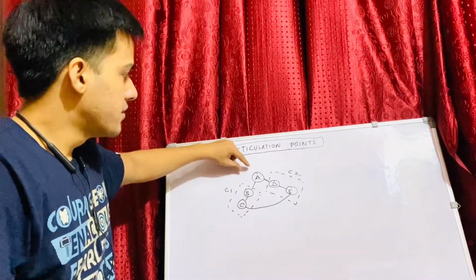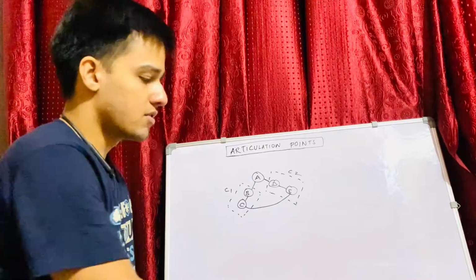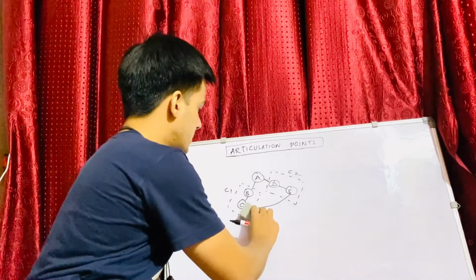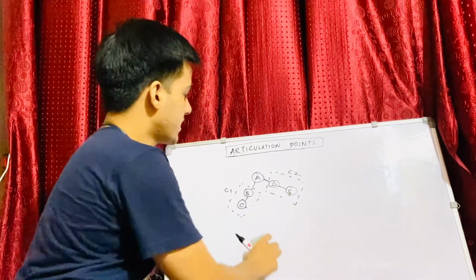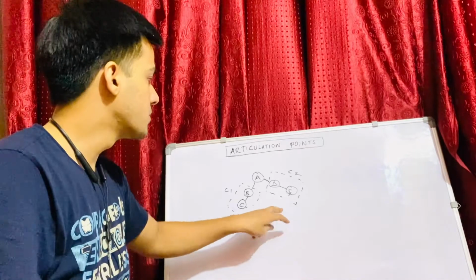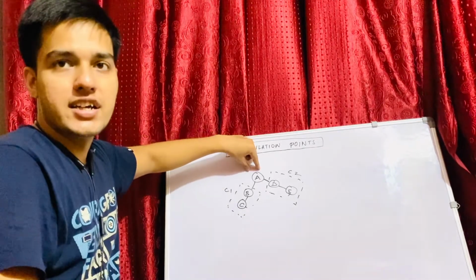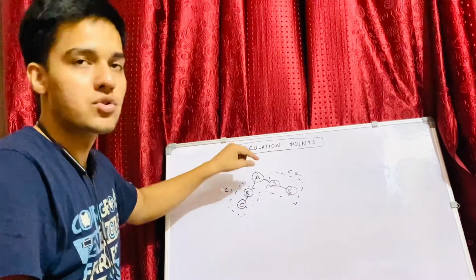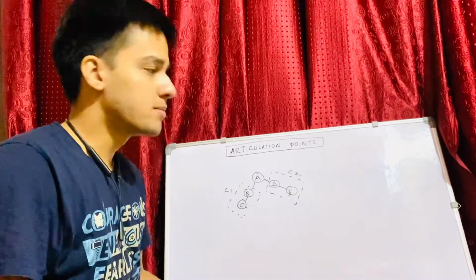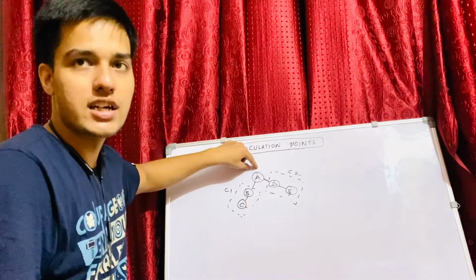So now when we'll be doing a DFS, let's take both the examples and see how DFS will work in both these cases. Let's try to take the first example where there was no edge from component 1 to component 2. So if we'll start a DFS from node A, as we said, this is the root node for which we are trying to find the solution for articulation point. So for this node, we'll be starting a DFS from here.